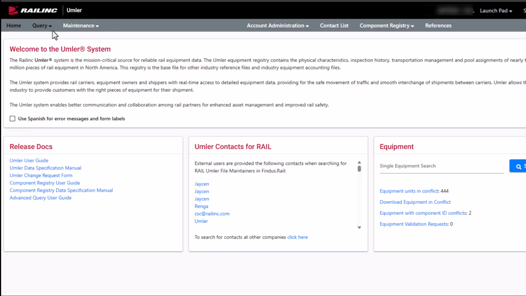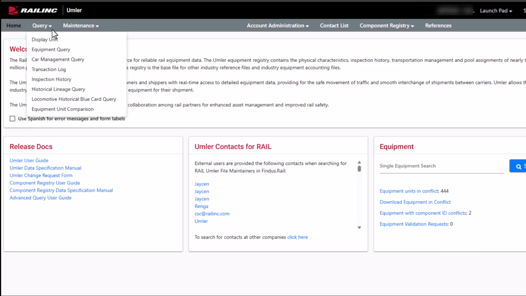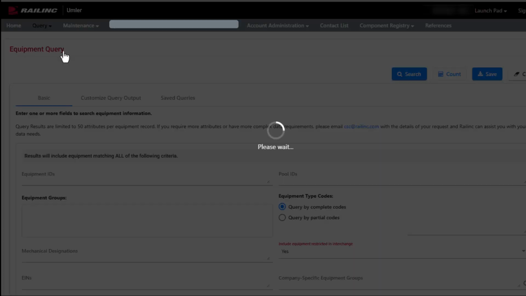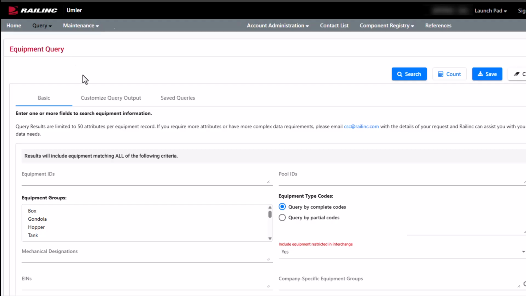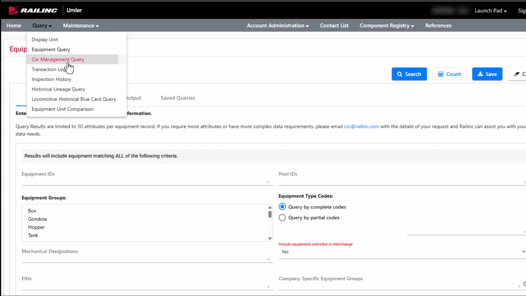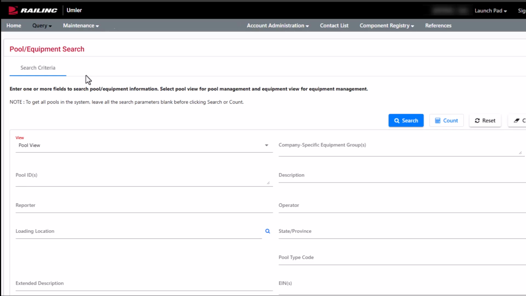First, we'll look at queries by selecting Query. For all queries, enter your search criteria and select Search. Equipment Query provides a way for users to generate reports with equipment data for up to 50 equipment attributes. Users can query the equipment in their fleet to verify it's up to date. Car Management Query is used to search for specific pools and equipment in order to view pool header and assignment